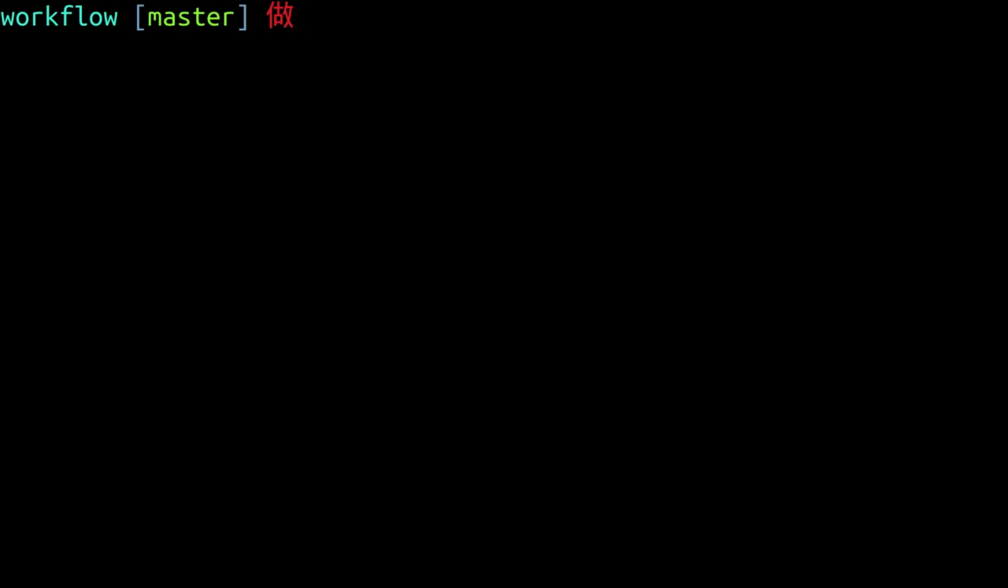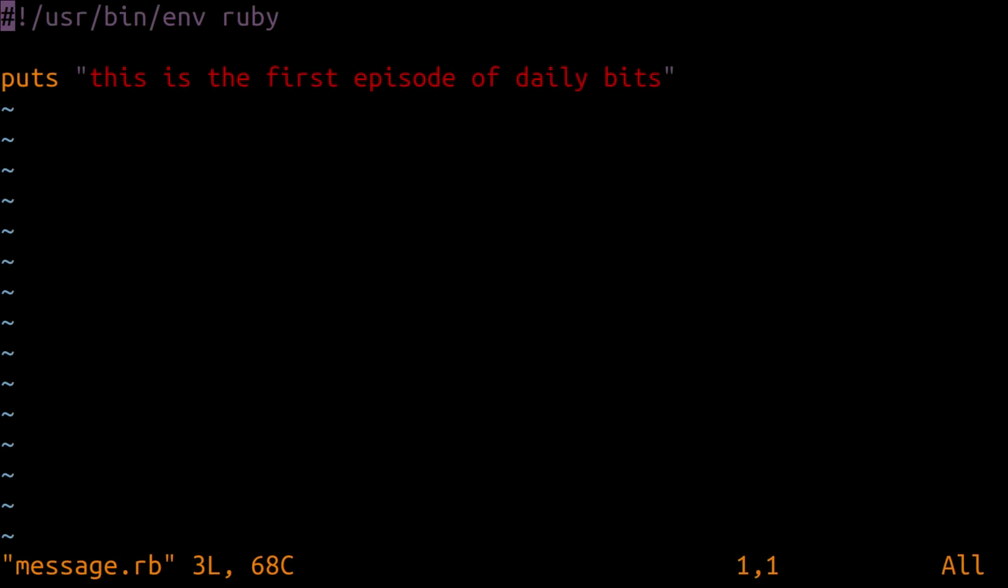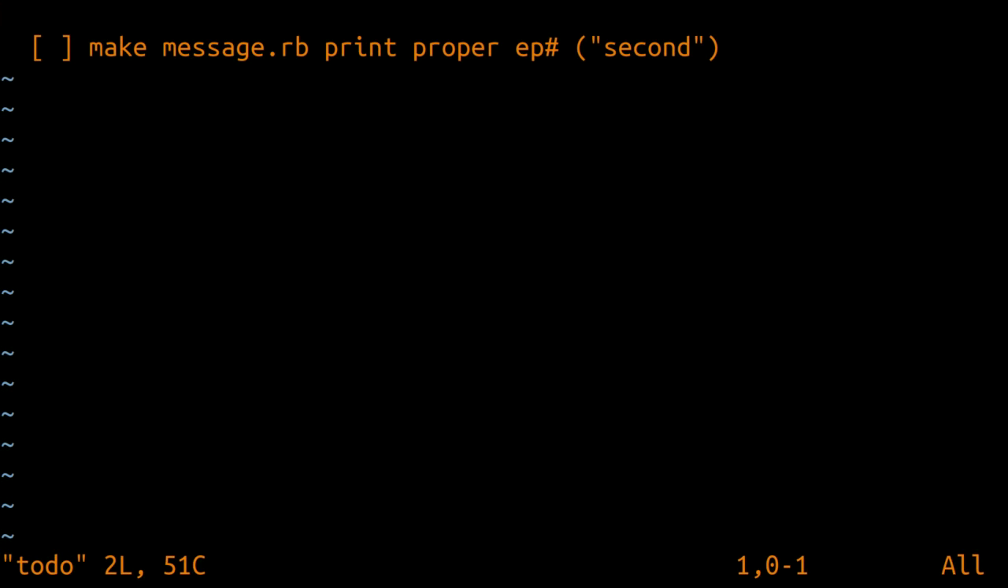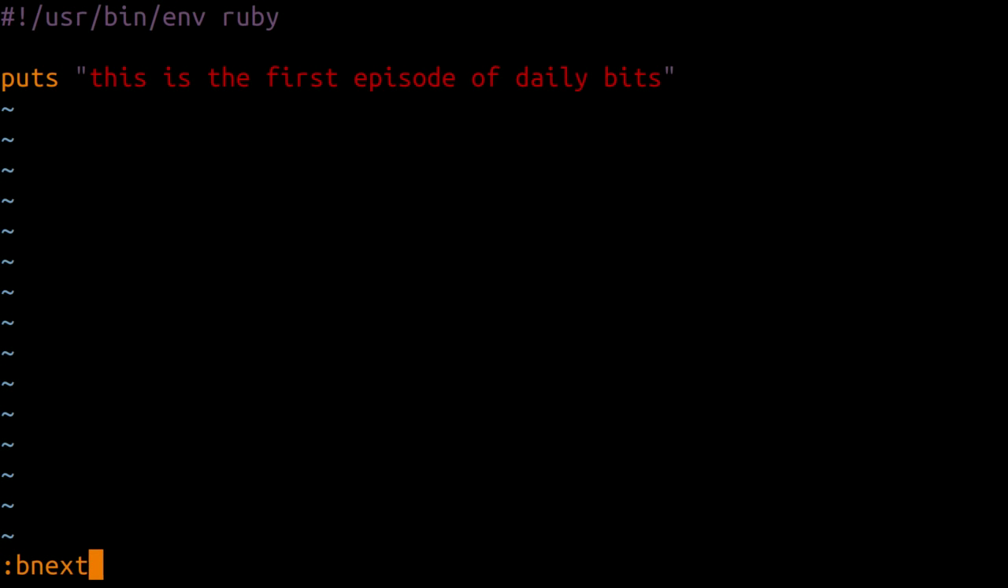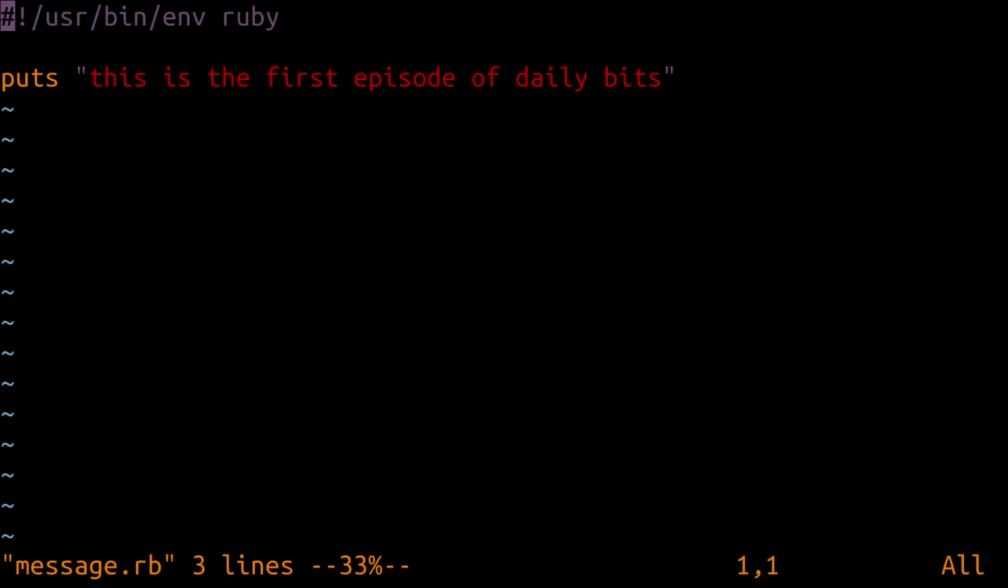In addition to the 3 modes, it's probably helpful to point out that Vim allows you to have what are called multiple buffers, which is basically just allowing you to have several files open at the same time. So let's open our message.rb from before. Let's open our to-do file, and if we do :bn, this runs bnext and lets you go to the next